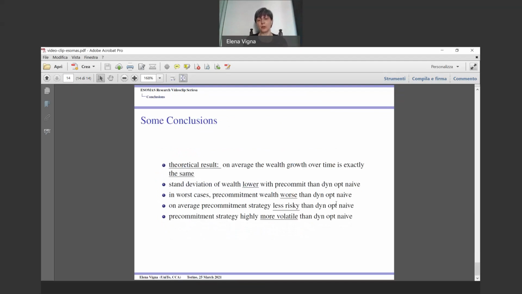Then, because of the simulation, we find that in the pre-commitment case, the standard deviation of final wealth is lower than in the naive case. So this is good for the pre-commitment. But in the worst scenarios, the wealth is definitely worse in the pre-commitment case than in the naive case. Regarding the strategy, on average, the pre-commitment strategy is less risky than the naive strategy, but over the scenarios, the pre-commitment strategy is more volatile than the naive strategy. These are some of the